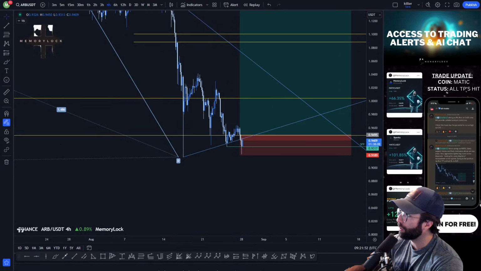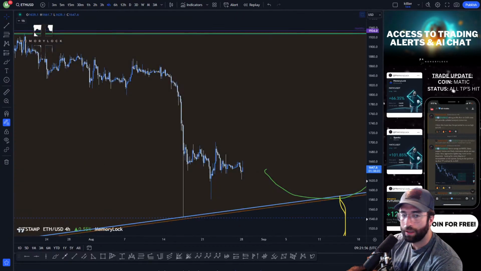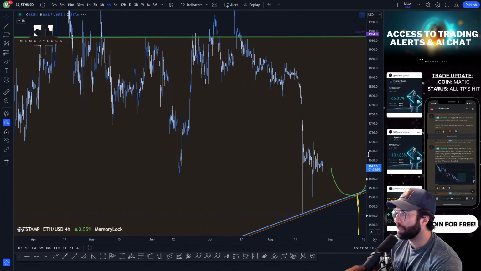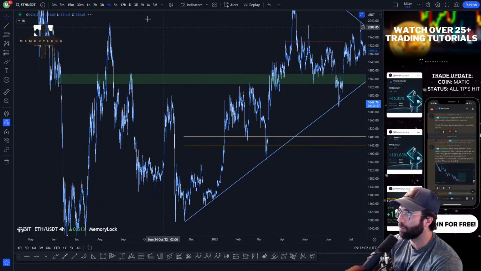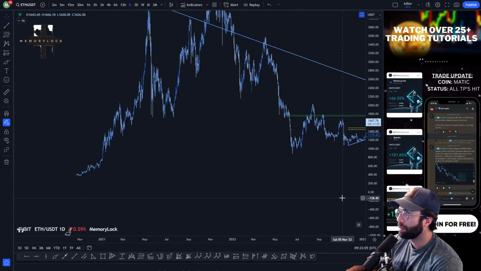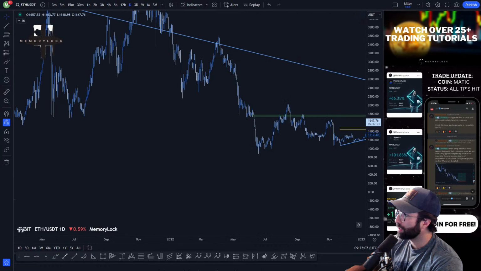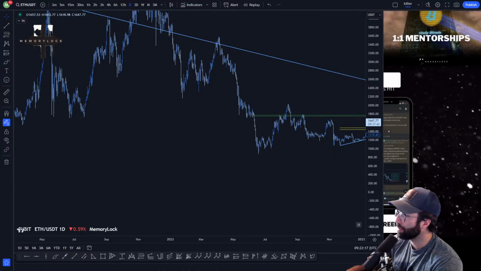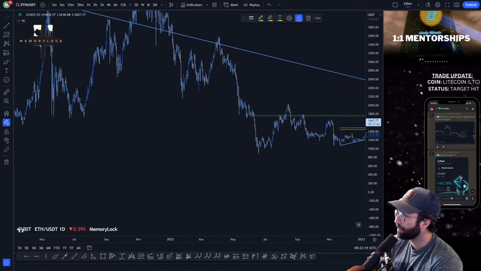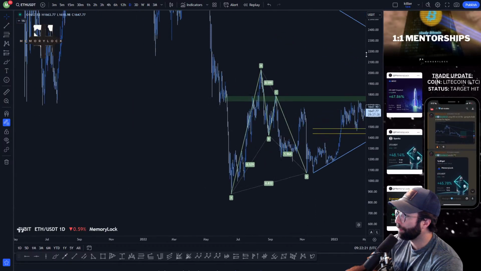We've seen this before, and I think a really good example of this is on Ethereum. Go back to way back here. Man, do I have it saved? It was a pretty old harmonic. Oh, that would be great if I had it saved, so I don't try to find it. Okay, here it is.